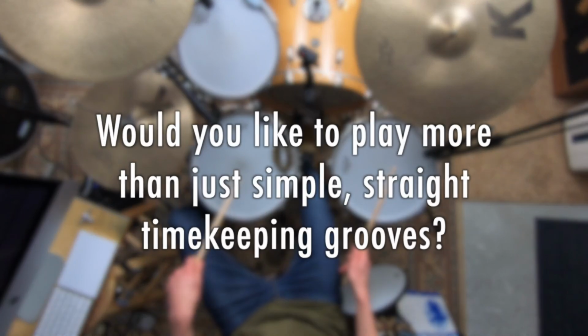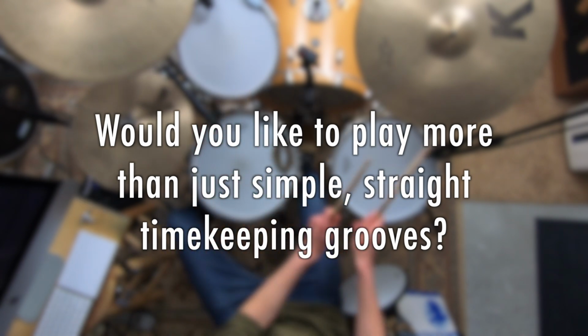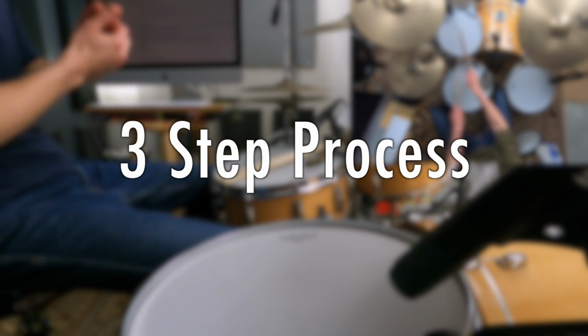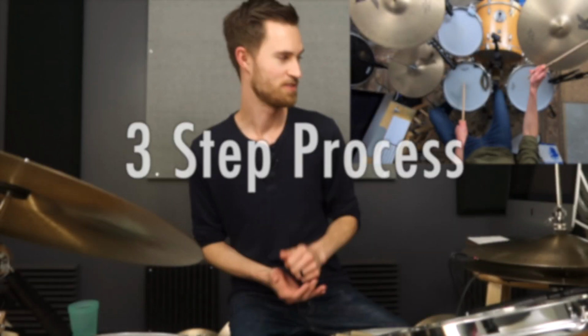If you're feeling like you're stuck and you're only able to play really simple grooves with basic straight right-hand timekeeping, and you want to be able to play more interesting parts that move around the kit and that use the full kit, in other words, Tom Grooves, then you are in the right place today. I'm teaching you my 3-step process that gets you creating and even improvising Tom Grooves and potentially even fills around